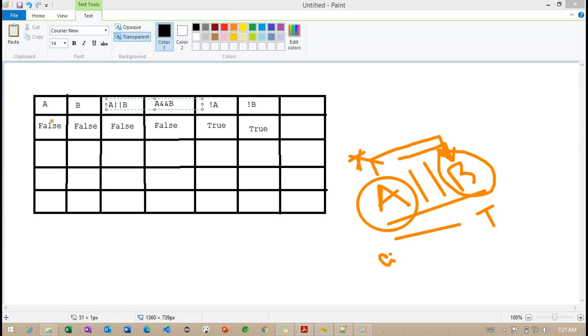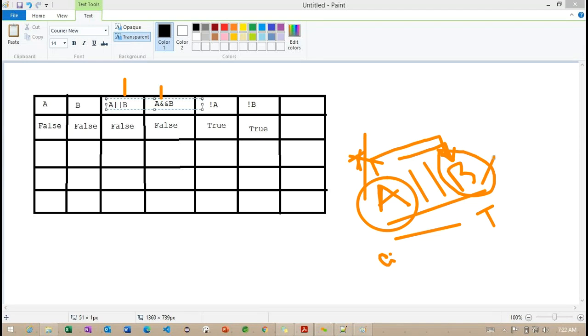So in the current example, the A value we are making false and B value we are making false here. Because of this, the OR condition we are getting is false here. And what about this particular AND condition here? Basically, the AND condition is going to check that both expressions need to be satisfied here. Both expressions are nothing but this particular left side expression and right side expression.